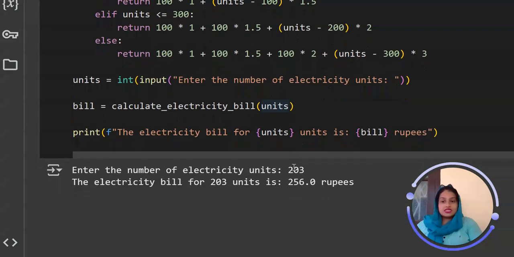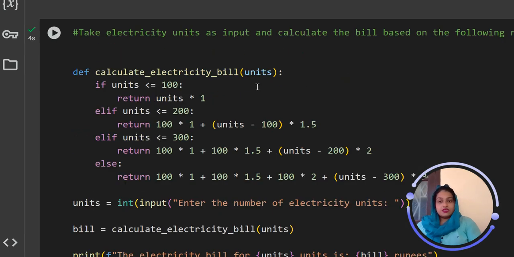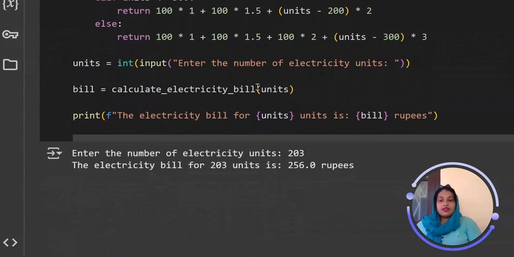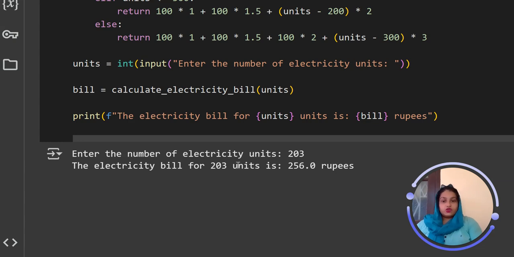Now units is equal to input, enter the number of electricity units. Then the bill will calculate the electricity bill from units. So that is this function, and then it will print it. So here I have entered the number of electricity units as 203. So the electricity bill for it is